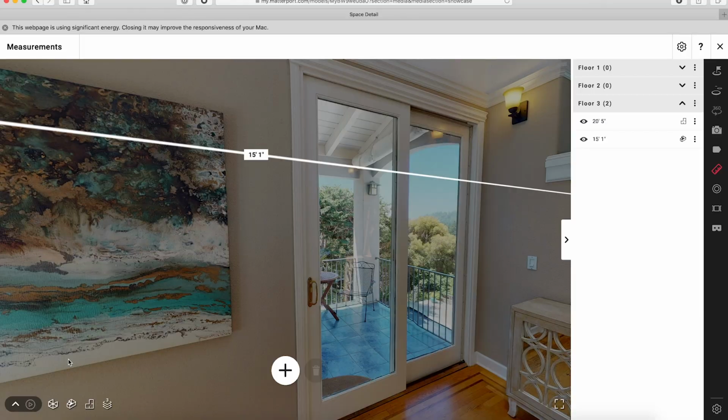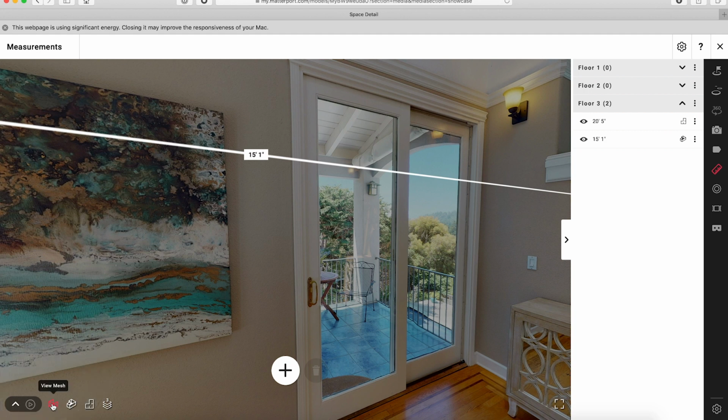Now I just wanted to touch on the mesh view and what that is. This is something that's only available to you when you're using Workshop or the edit mode. So this is not available to anybody visiting your model. So view mesh is available to you down here in the corner.